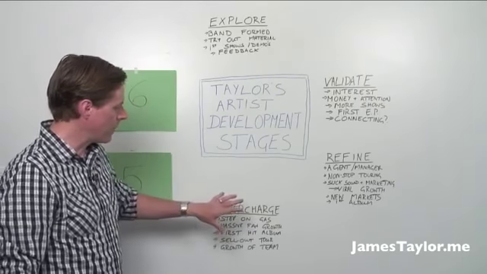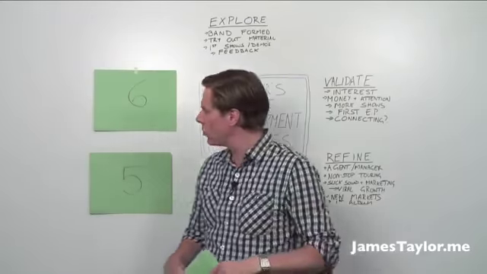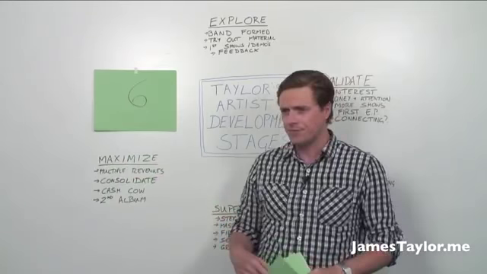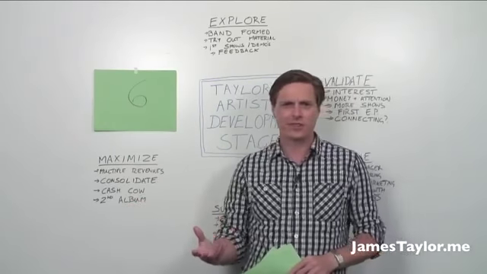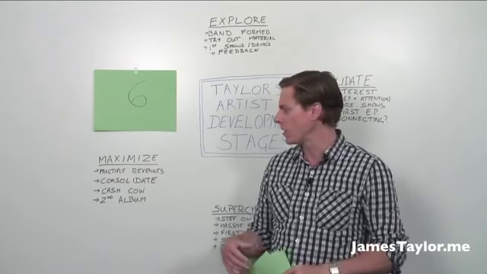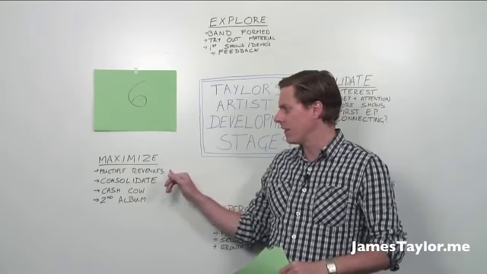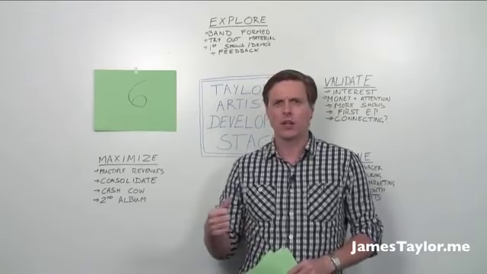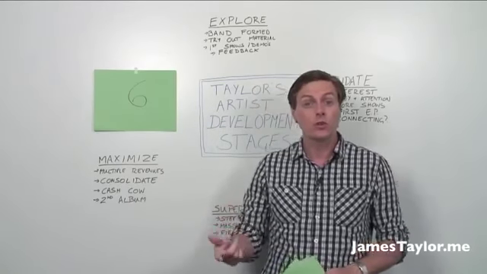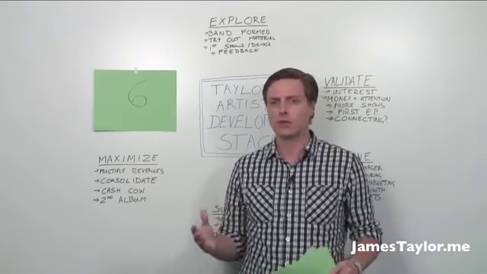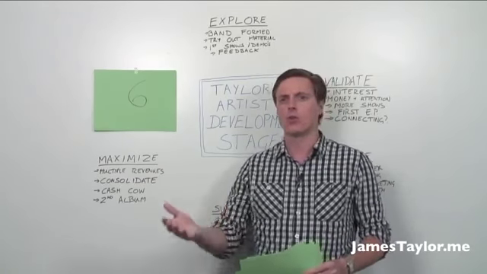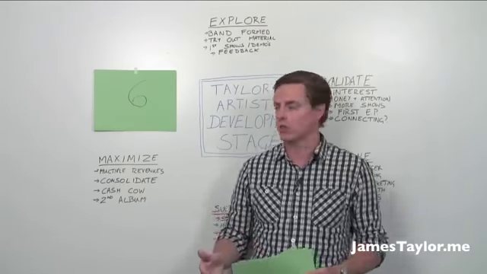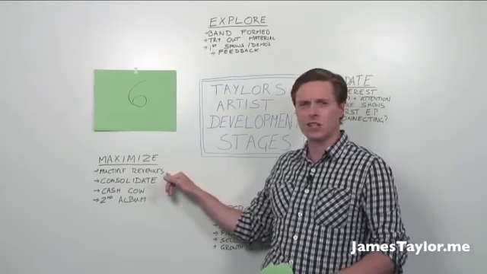So if you progress from this stage, you go to the fifth stage in the sequence, which is this idea of maximizing. And this is the typical difficult second album stage if you're a recording artist. But what you find here is this is really where, as an artist, you're looking to maximize the different revenues. So at this point, you're maybe starting to do sponsorship deals or endorsement deals, or you're adding new products outside of just your typical recordings or your live shows. Maybe you're having VIP levels that people can buy so they can meet you after the show, for example. All these different multiple revenue streams are starting to come into it.